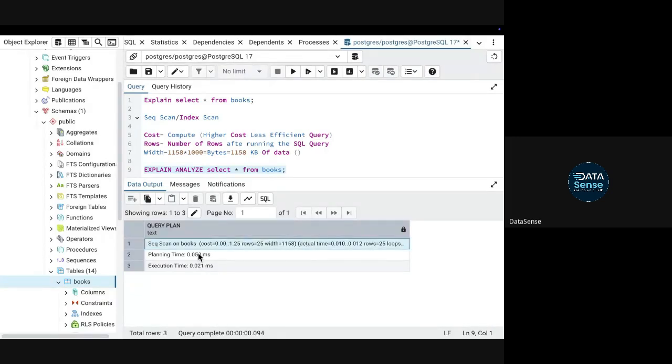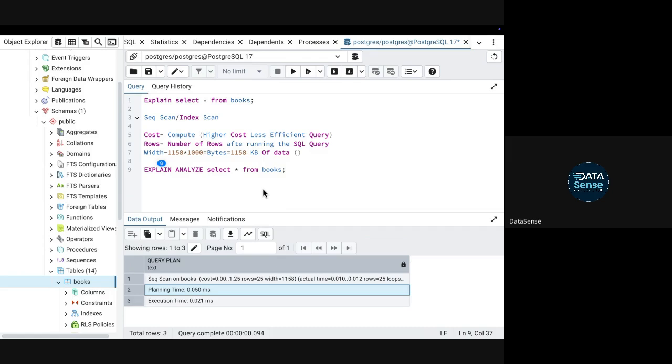You'll see some planning time, that whenever you run a SQL query, SQL tries to think like this. Whenever you start doing any work, right? First of all, you anticipate, okay, to do this work, I might take 3 days, I might take 4 days. That is your planning time. And second is your execution time, that is, how much did it actually take to execute something? So how much time went in planning, and how much time it actually took to execute that query.